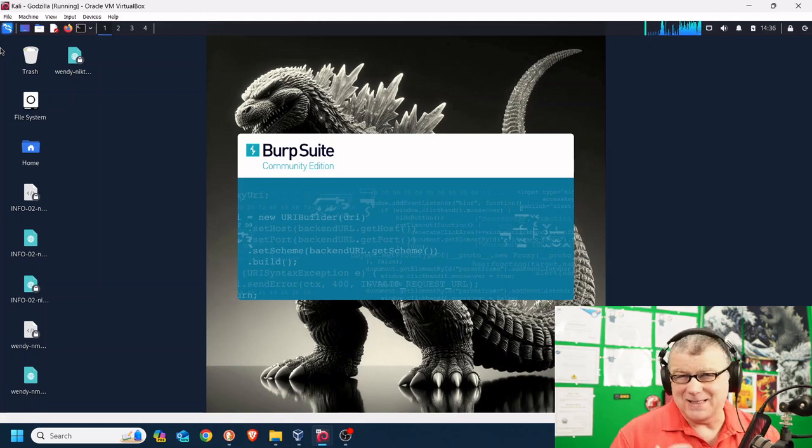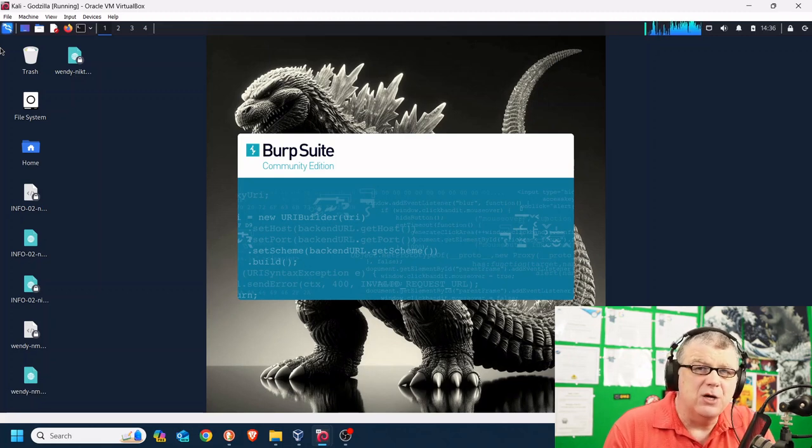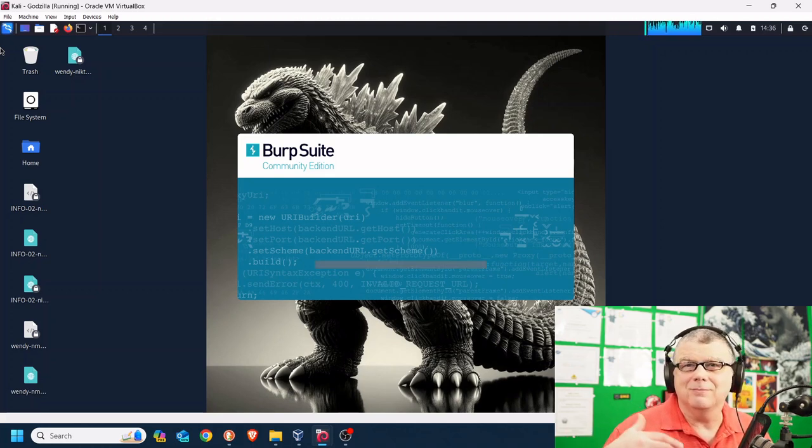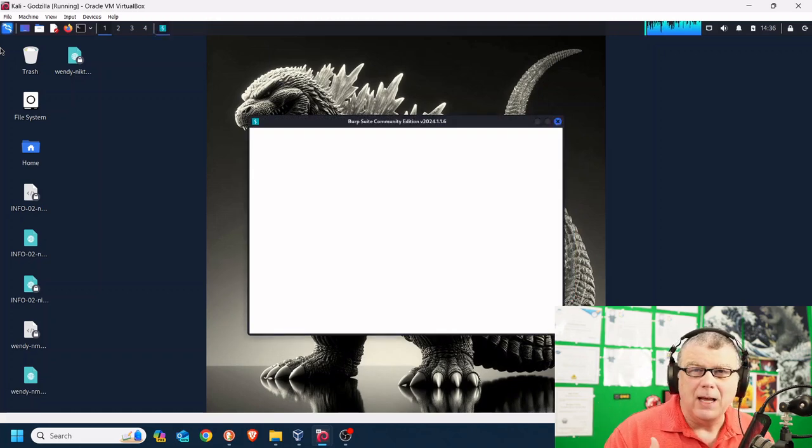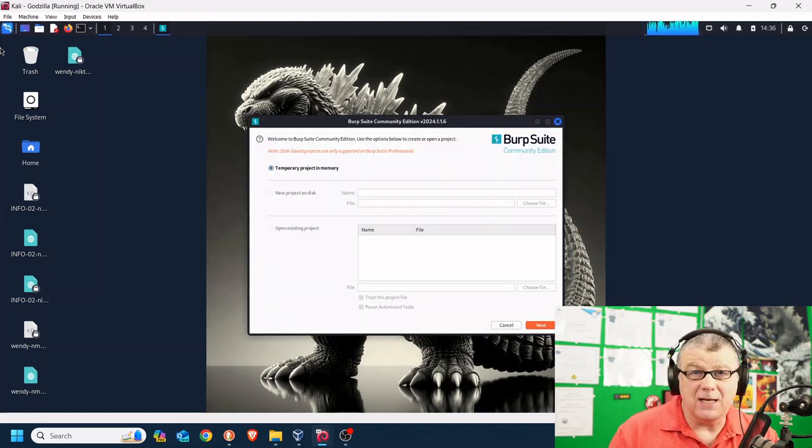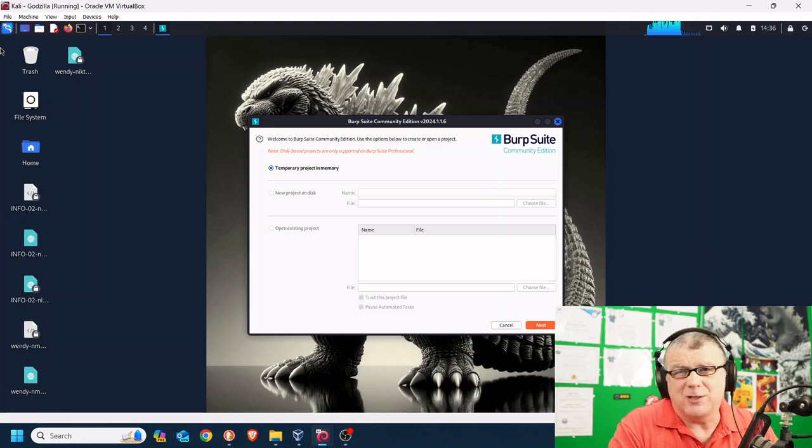It's not going to allow us to save things. It also has, in some applications, some governing effect. Basically, there are some applications in which they do what they call fuzzy testing. And fuzzy testing is a term used in application development in which you are giving data to input and you try to make as much data as possible to see if you can break the input or see what the input does. So we call that fuzzy. Well, in the enterprise edition of Burp Suite, they can hit that amount of fuzzy very, very quickly. In this one, it's a little bit slower, but I'm just explaining to you that the enterprise edition